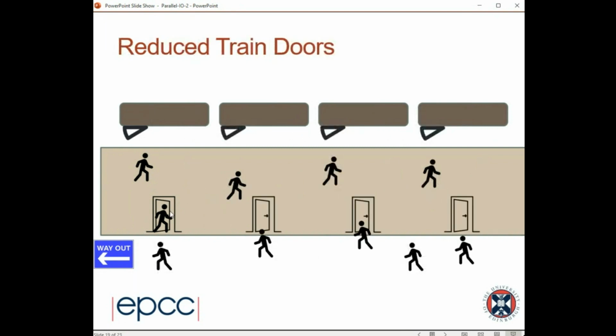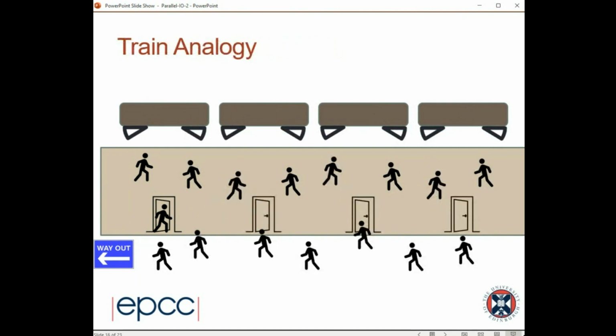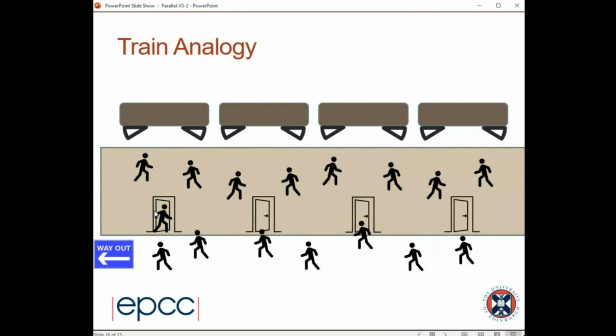And then the final one is basically if you do this and flood the whole file system. You're not able to do that at the moment because if we open lots of files, we'll end up on lots of different OSTs. But we can try and do this and flood the file system, and we would expect the maximum bandwidth we get would be 12 times the bandwidth of an OST. So I played around with those examples,